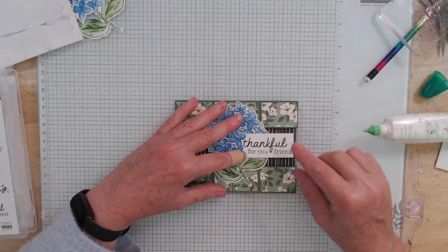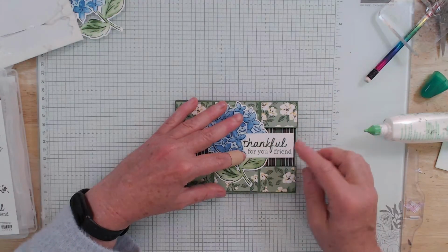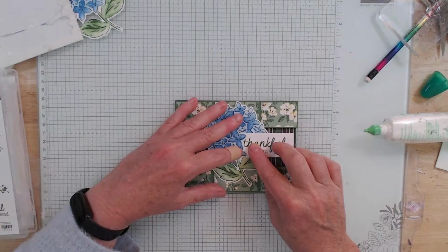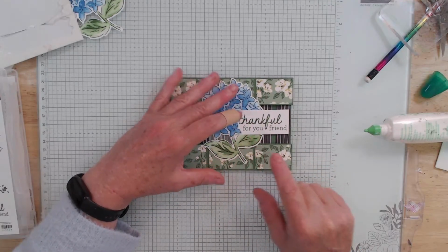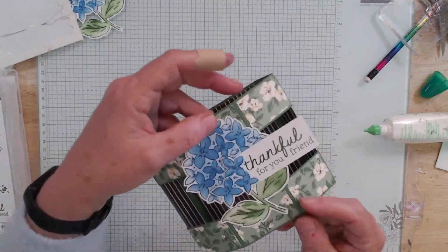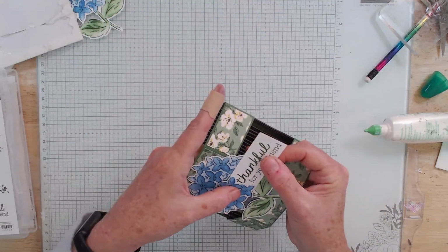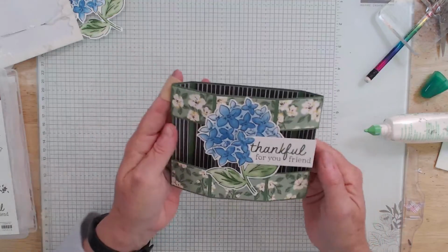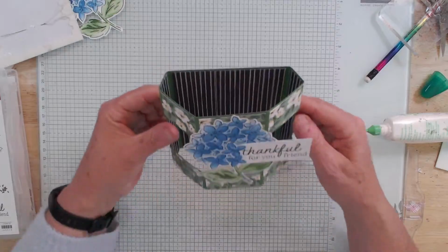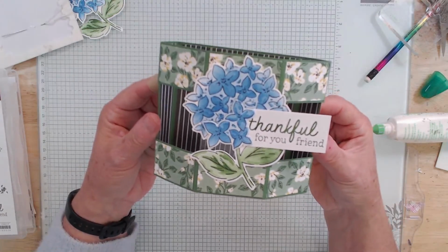So there we are. So just off to the right-hand side, make sure it's inside the footprint of your card so it still fits in its envelope. And thankfully those little flowers, they look like they're really meant to be there, aren't they? They sort of pop in and around that thank you quite well. Make sure it's sort of straight. There we go. And there's our card. So it's going to sit up like that on the